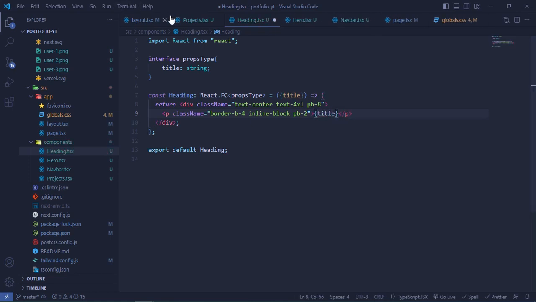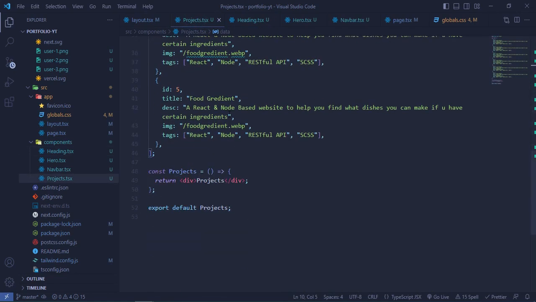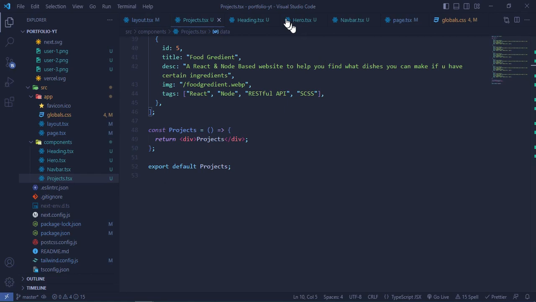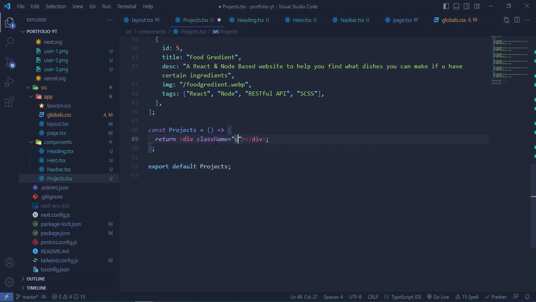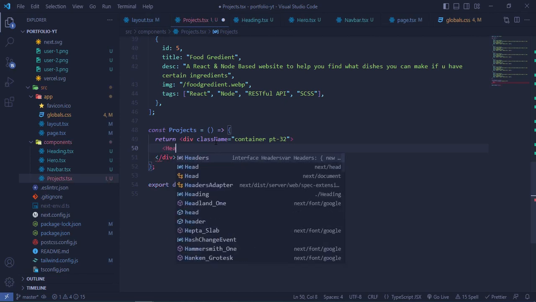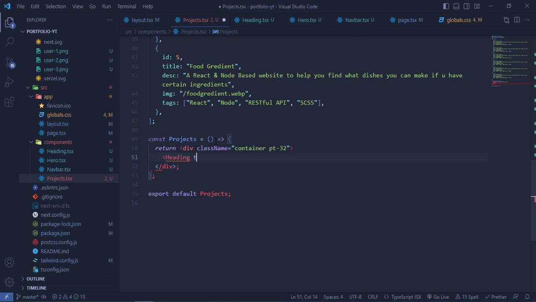Okay, so let's go back to the project component now and scroll down. We will take class name container and padding top 32, that is 8 rem or 128 pixel. Okay, then we will take our heading component, heading, and pass it a title prop of my projects. Okay,